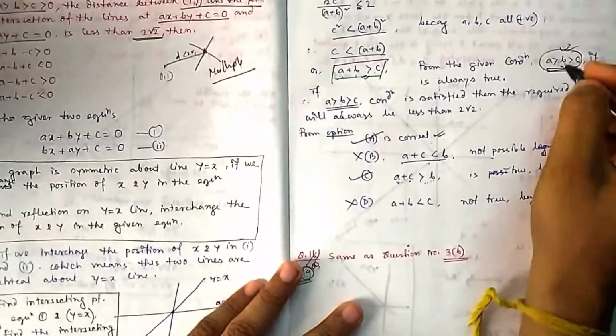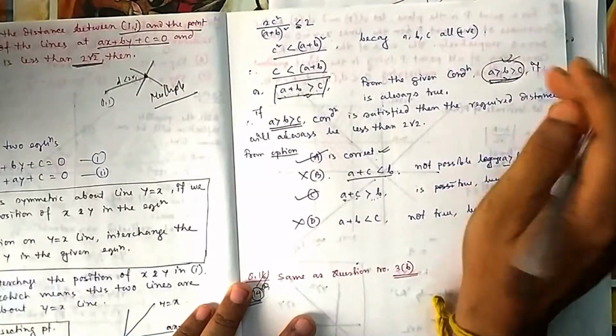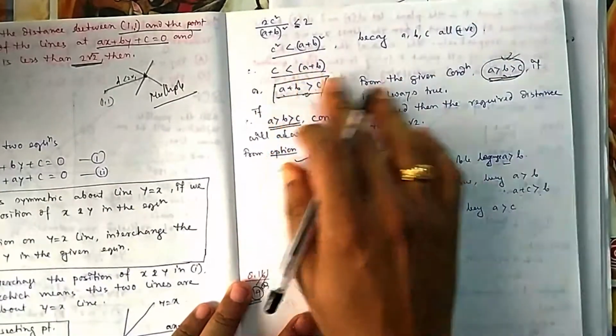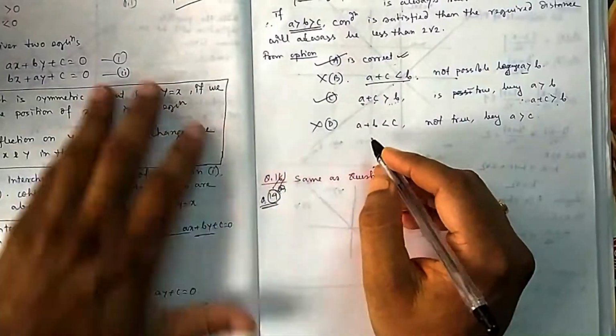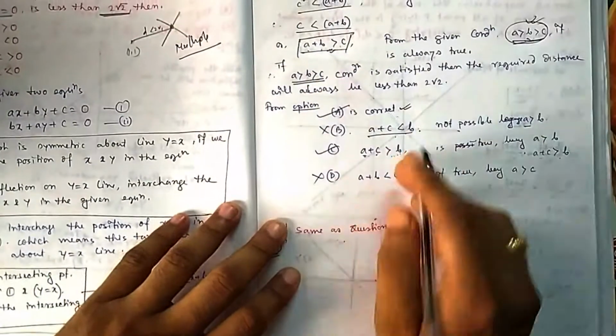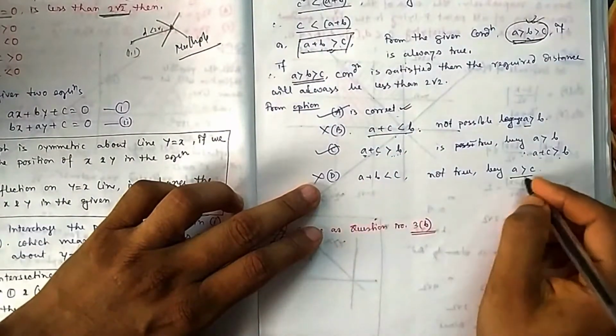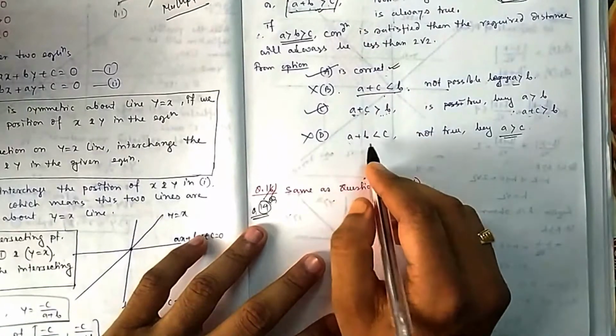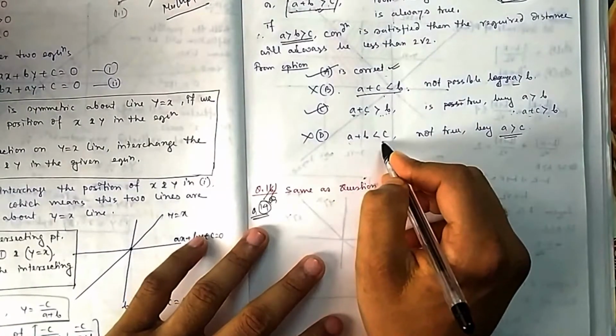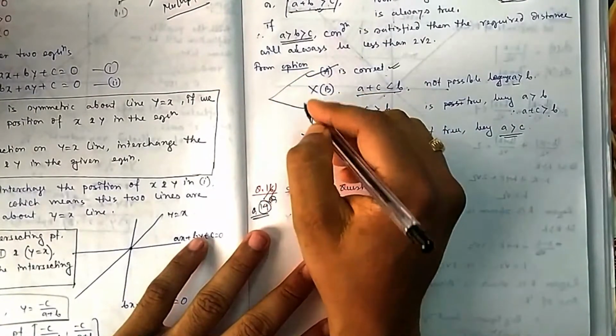That means I am satisfying only this condition. That is done, because if I satisfy this, then the job is done. I have seen this one. Second one, obviously this will not be possible, because if this is possible, then this is not true. You can also see a is greater than c, so a plus b cannot be less than c. So those two options are correct, A and C.